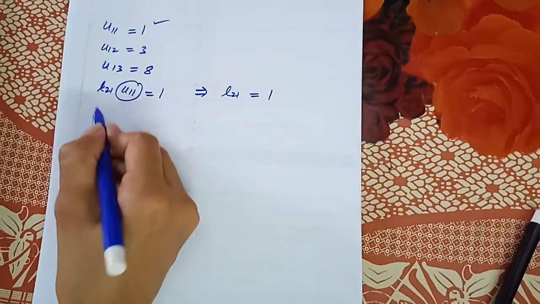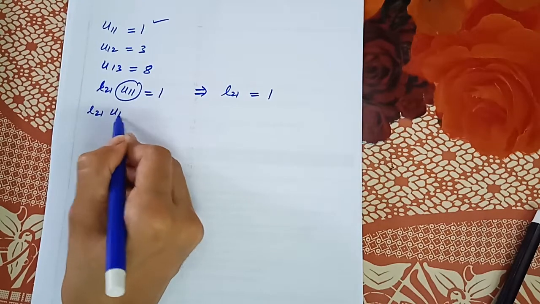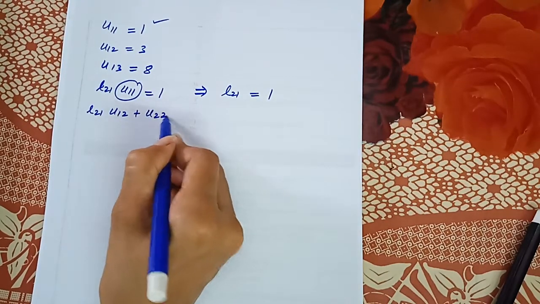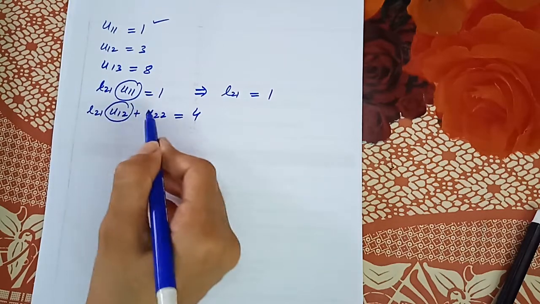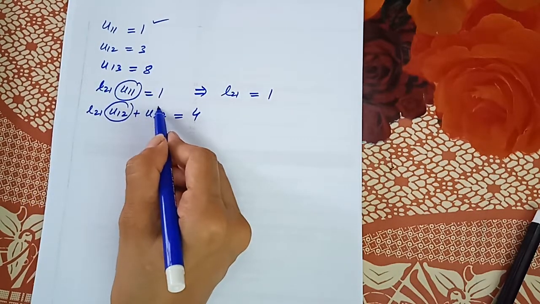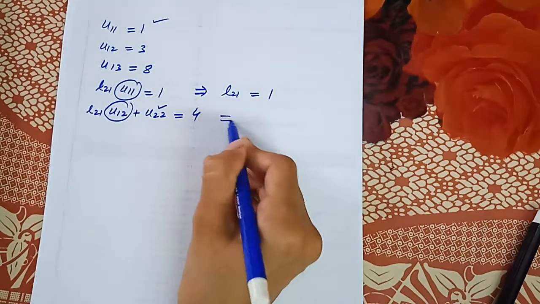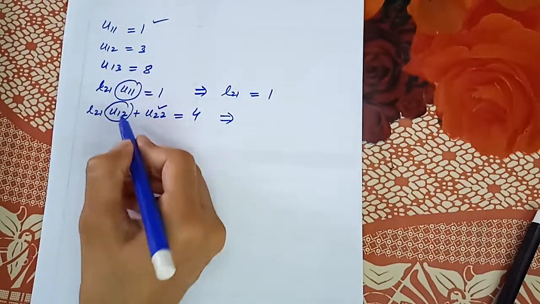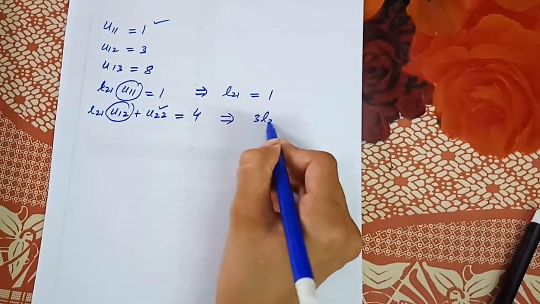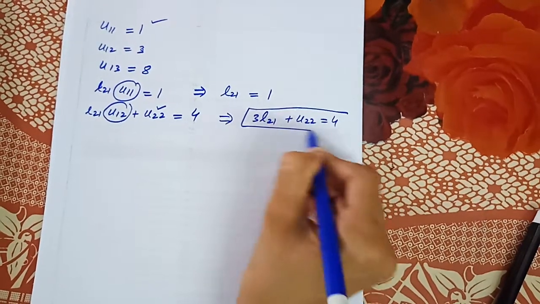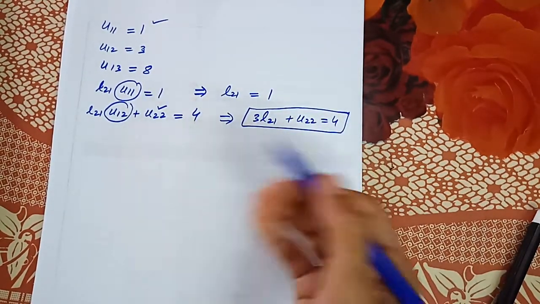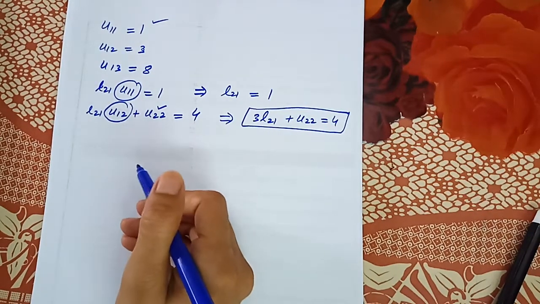Now take the other entries. L21 U12 plus U22 equals 4. Now you know the value of U12, but you don't know the value of U22. So plug in the value of 3 here. So 3L21 plus U22 equals 4. We will just keep this equation and we will solve it with another equation that we will get. Then